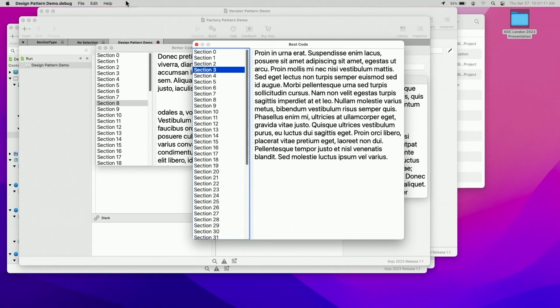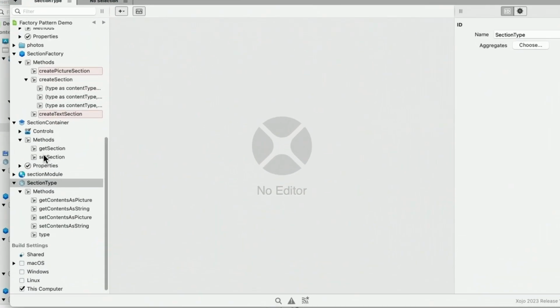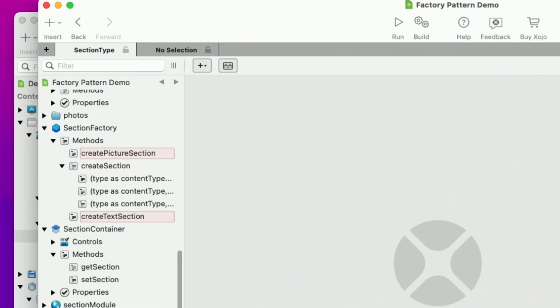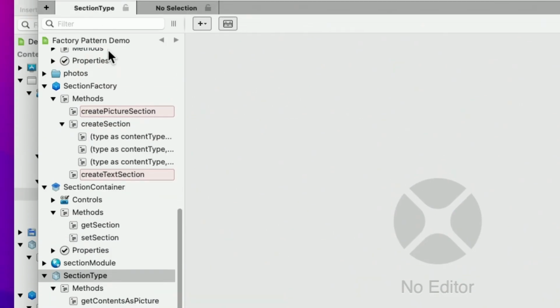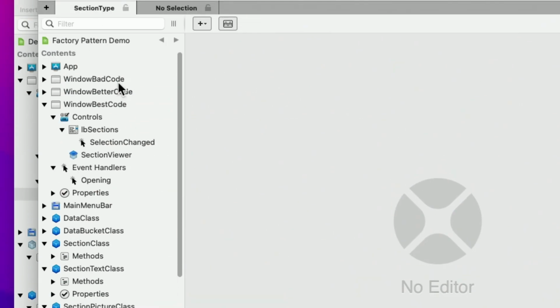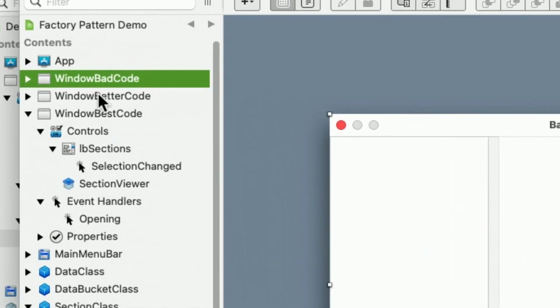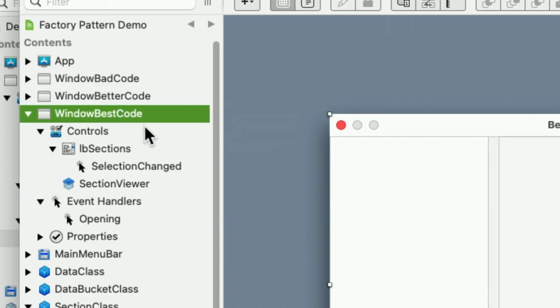hides the canvas, displays the text area with the text. And we're going to go take a look at the actual structure of this program, which, bear with me, it's a little complicated. But what I've actually done is, you'll see there's these three windows here, so when you download this code, if you want to look at it, you can actually see the bad code and how that's done and the better code. But the example that I'm going to show you, because it uses the design patterns, is